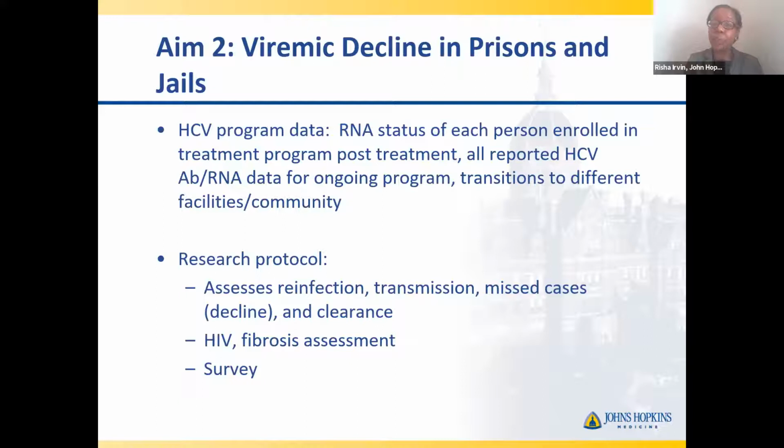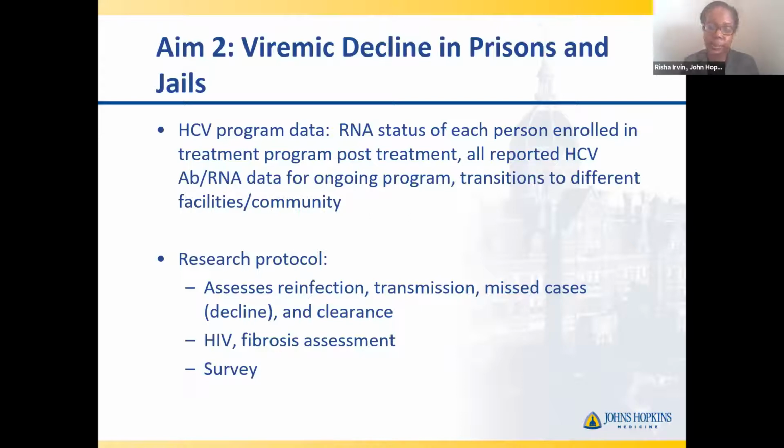So we'll look again in both prisons and jails, and we'll get data from the overall HCV program data. So the RNA status of each person enrolled in the treatment program post-treatment, all reported HCV antibody RNA data for the ongoing program, because remember, they're going around initially testing everyone. People will continue to come into the system as well and also leave the system. And then we'll also look at transition to different facilities and communities as well and see if that has any